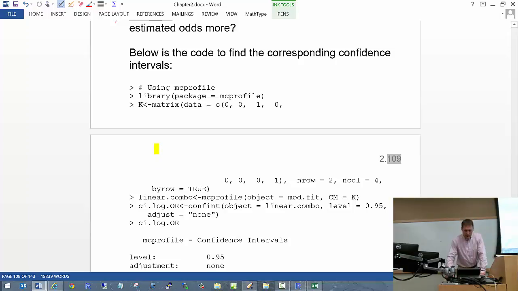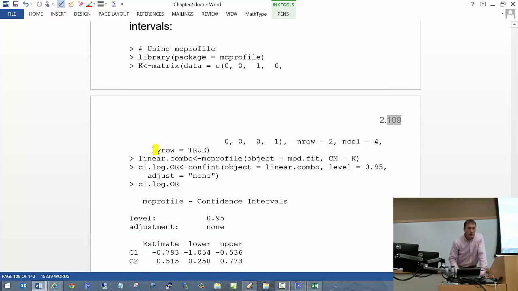So in this particular case, what I'm going to do is show you how you can find the odds ratios for comparing C to B, and then also N to B as well. And remember, for C to B, all we need to do is look at beta 2. For N to B, we need to look at beta 3. So what I'm going to do with the mcprofile package is create a matrix called K, where I'm just going to pick off